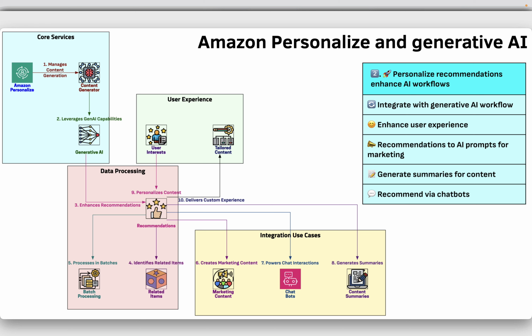You can also integrate Amazon Personalize recommendations with your generative AI workflow and enhance your users' experience. For example, you can add recommendations to generative AI prompts to create marketing content tailored to each of your users' interests. You can also generate concise summaries for recommended content or recommend products or content through